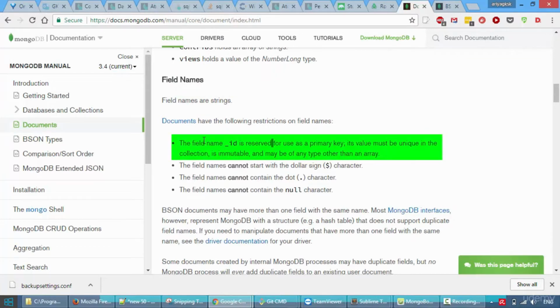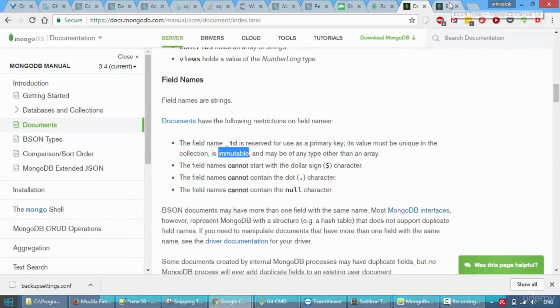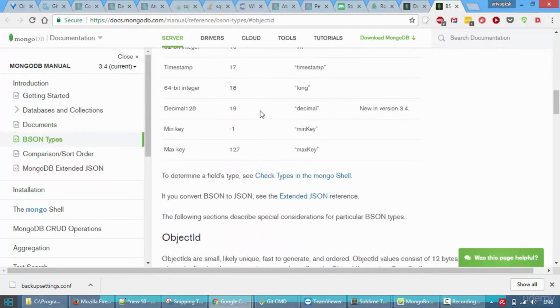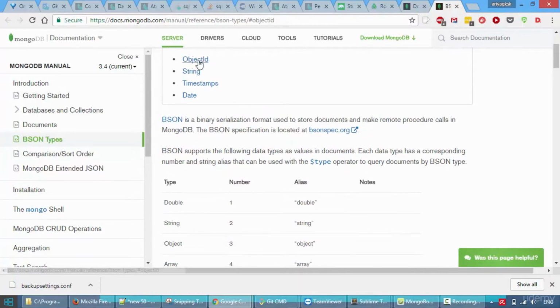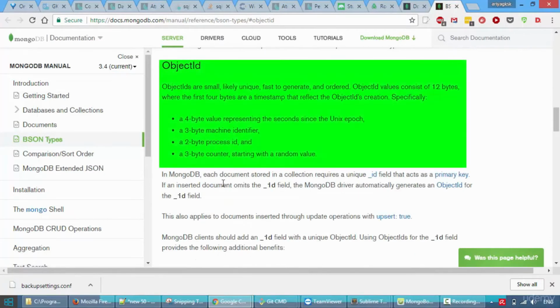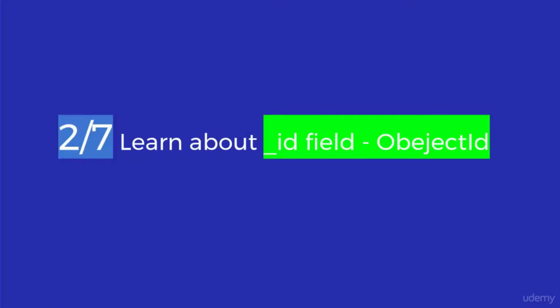As you can see here, the field name underscore ID is reserved for use as a primary key. Its value must be unique in the collection and is immutable. So this is important. To get more details about the ID key, visit this page. Based on types, under this object ID, details are provided here. So that's point number 2 about the unique ID field.